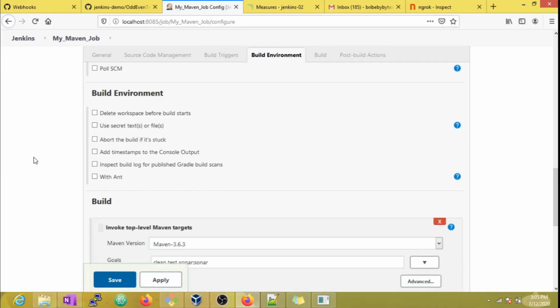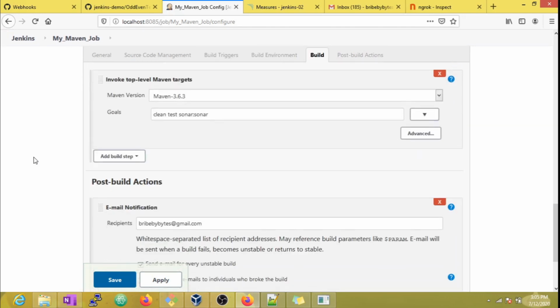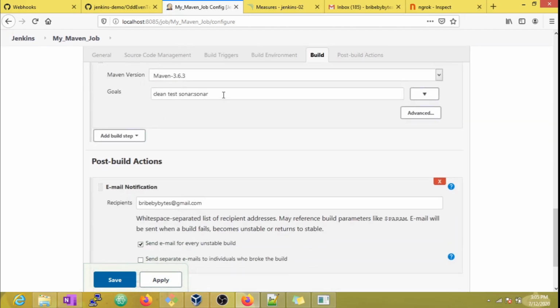In this scenario, we are going to see how to package our Java application into a jar file. You can check the pom.xml in our repo where I have mentioned all the dependencies and requirements. We are going to add another goal called package to turn it into a jar file.